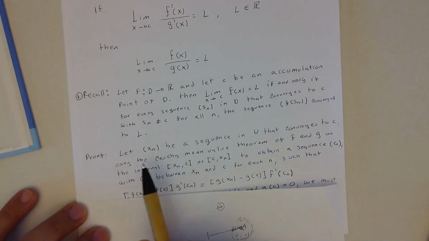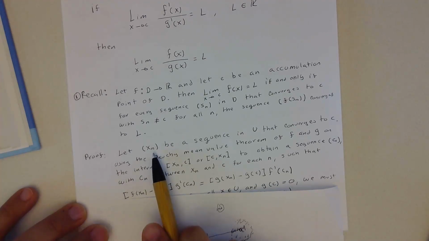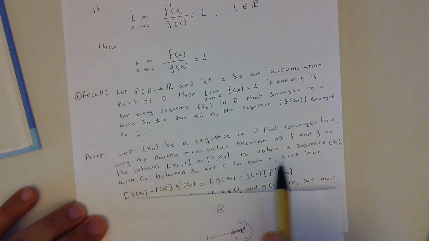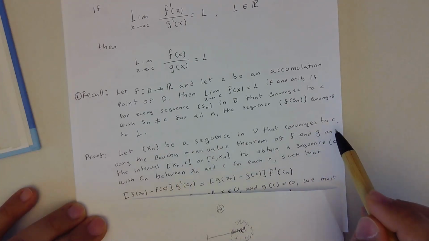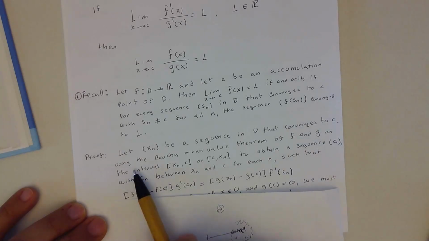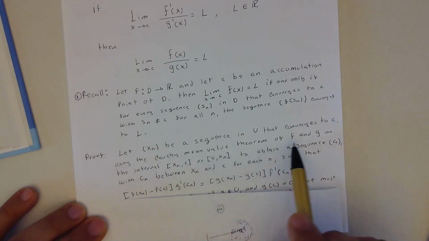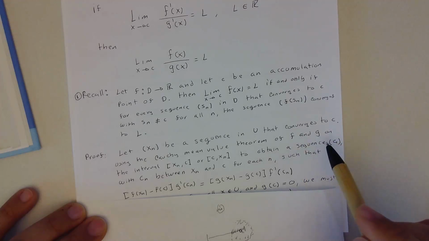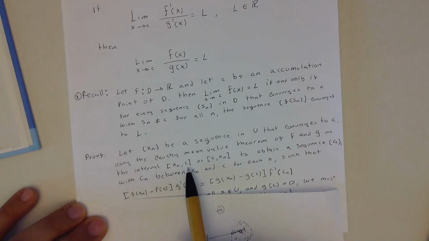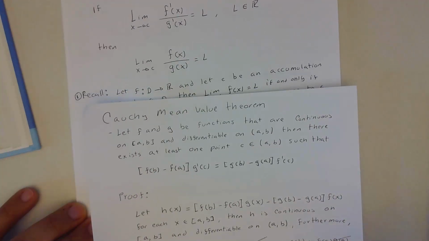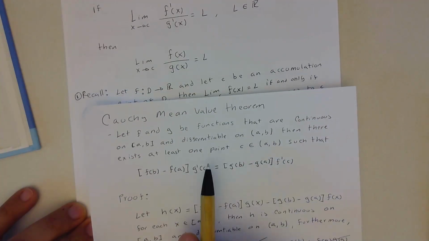So we left a sequence x_n in U that converges to c, right? Using the Cauchy mean value theorem of f and g on the interval, let's say from x_n to c or c to x_n. Remember the Cauchy theorem, I recorded a video for that, it's this one. It just said that